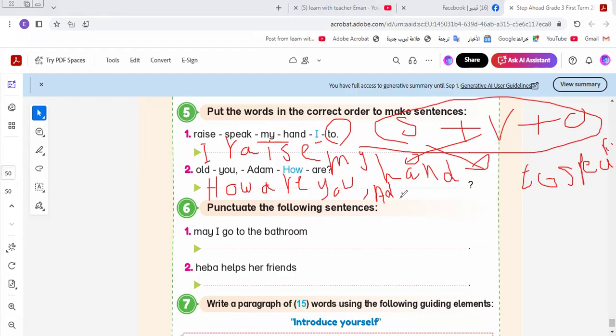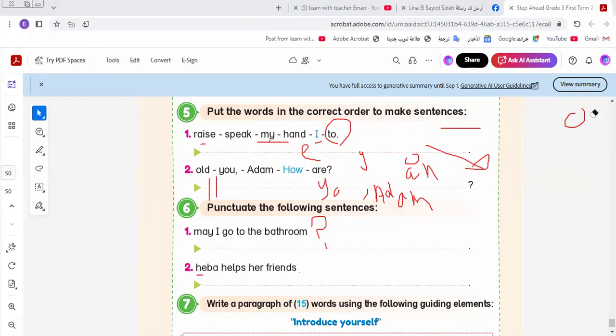In the exam, we can't forget the question mark, so we must put the question mark at the end of the sentence if we don't have it. Here in this part, I put what? I underline the wrong letter that I corrected. When I start the sentence, I start the sentence by what? By the capital letter. Here it will be May, and I put here the question mark at the end of the sentence. Here is Heba. Is Heba written like this? No, Heba is a name, so it must be written in what? In capital letter, and I put a full stop at the end of the sentence. I will leave this for you to do by yourself as homework. I showed you one sentence, and the next one I will leave to you, to make up your mind.